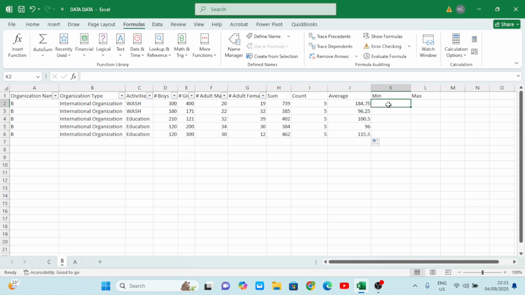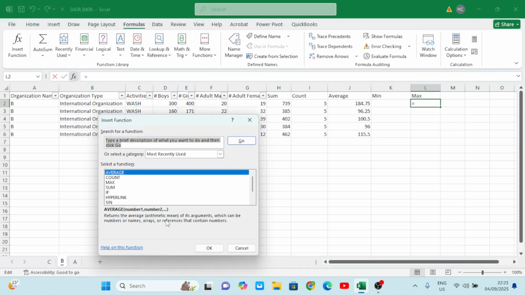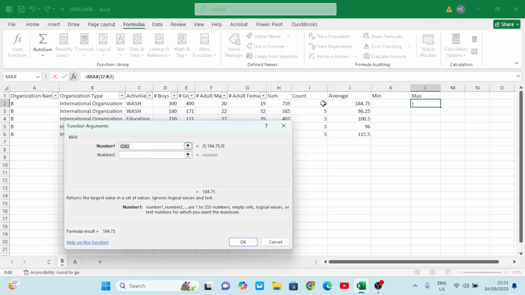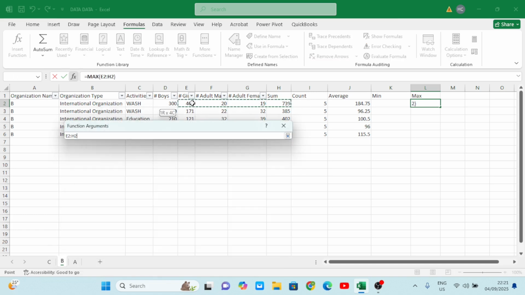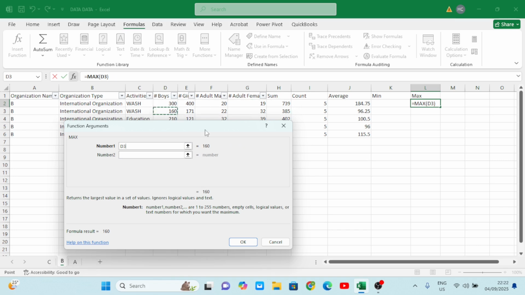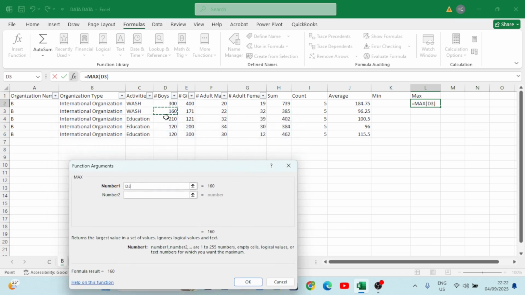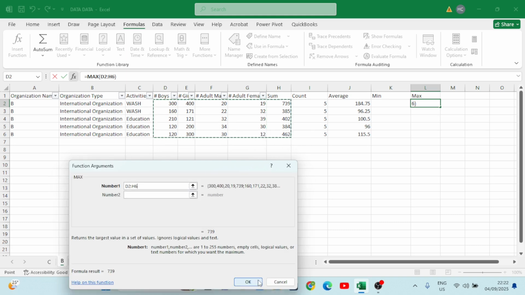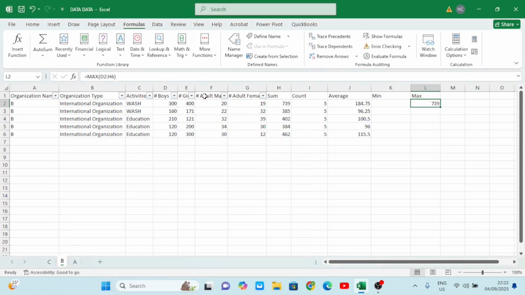Okay, and then the same thing, if I want to check the maximum, I'll just do the same thing. Here is different from the automatic. Okay, and then I click, and then I come now and I choose the range where I want to get the maximum from. I can still come here and choose the whole of this range. Okay, I can choose the whole of this range, and I click OK. You see, so it comes around this data and then chooses the highest data, and it gives me